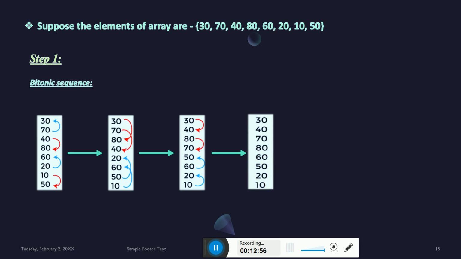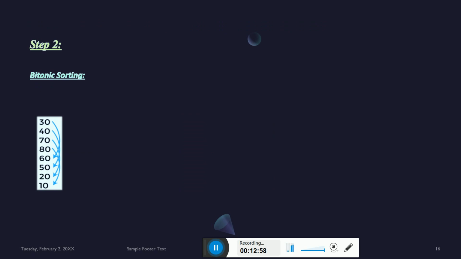So let's move to step 2. Now we have to compare the first element of the first half with the first element of the last half. So we'll compare the first element with the fifth element, the second element with the sixth element, the third element with the seventh element, and the fourth element with the eighth element, and we will sort them